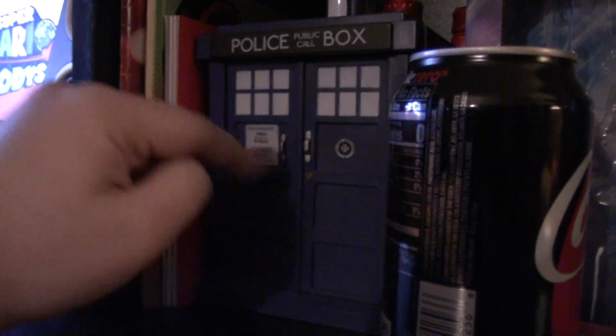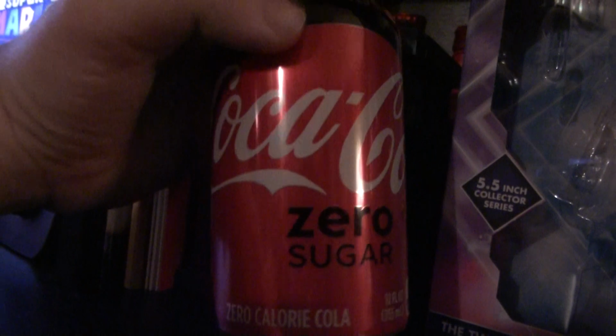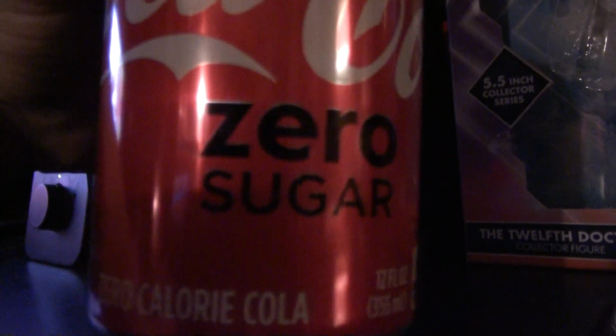Here's the Pop TARDIS, and here's just an empty can of Coke Zero, or Coke Zero Sugar, as I guess it's called now. I don't know. And then some more boxes for other collectibles. Here's my 3DS. It's charging right now because it's dead. And here's my deck. Well, actually, I use Yugi's deck, but